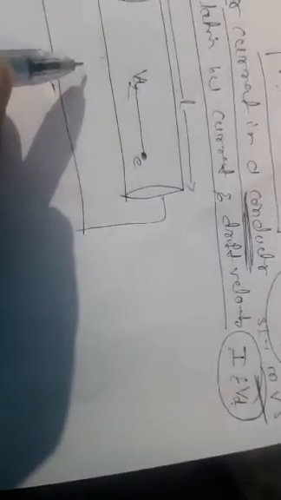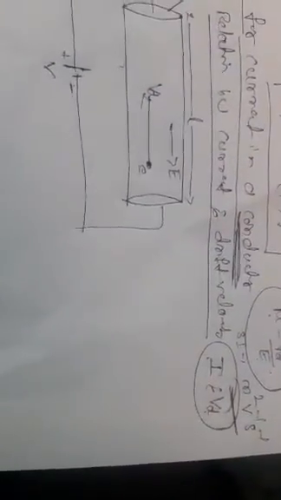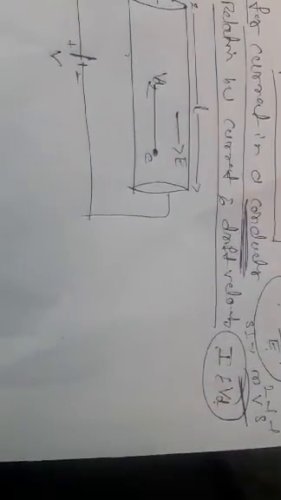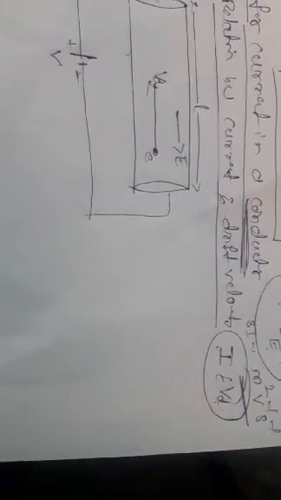Speed is the rate of change of distance. The rate of change of distance of an electron, that is the speed of each electron, is Vd. According to the definition, drift velocity is in the presence of an electric field E. Then the current flowing through this conductor is capital I. Capital I is the current flowing through this circuit.